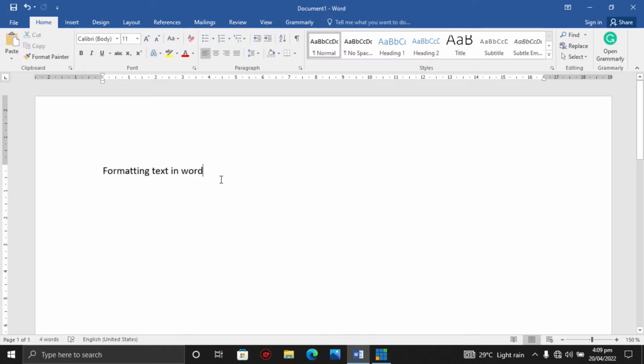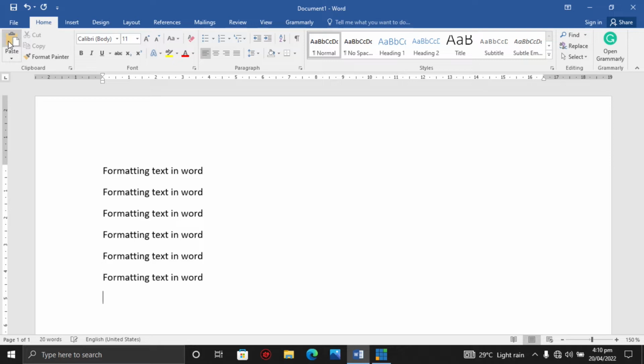So I click on enter to create a new paragraph, and I use my paste key, paste, and then I have a new copy of the first paragraph I had there. So if I click paste again, paste, paste, I have them as many as I want here. So that's basically how we can use our clipboard. So our clipboard helps us to copy, cut, and paste our text. So we've just done that here. Now let's get rid of this.